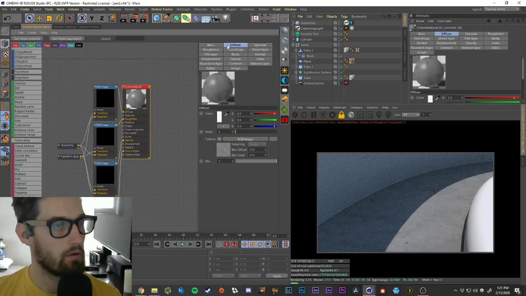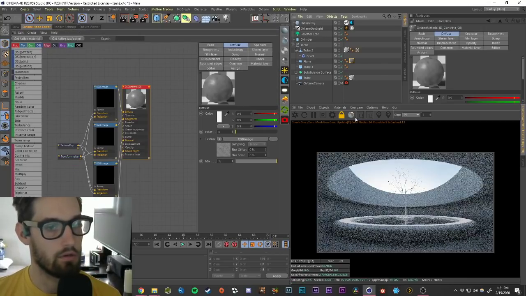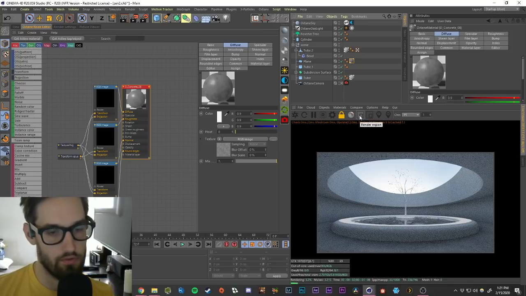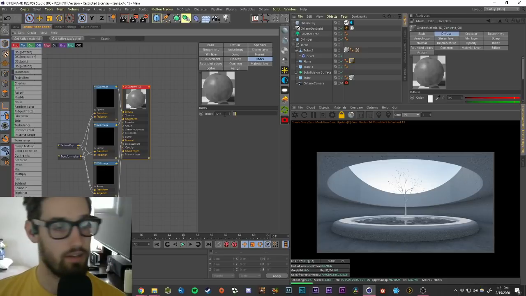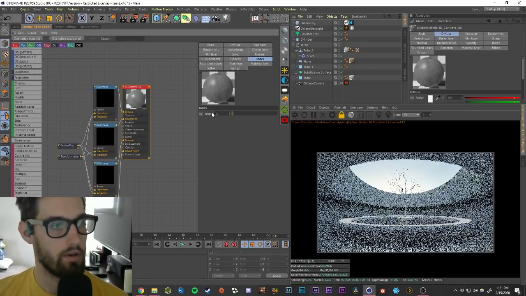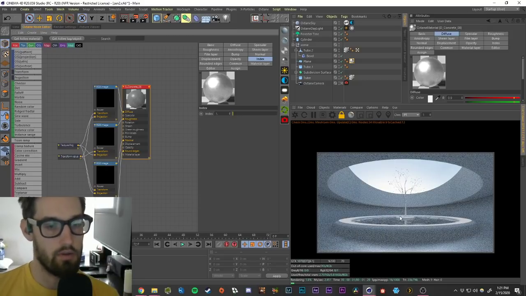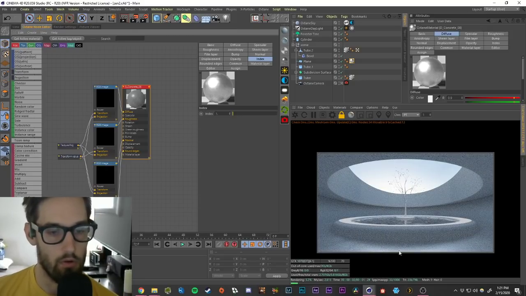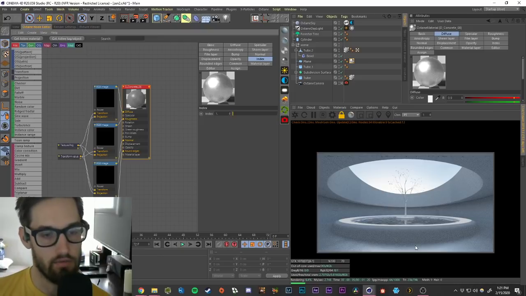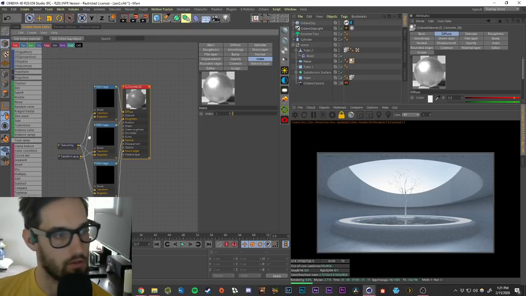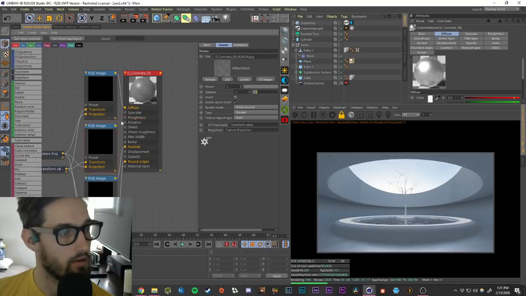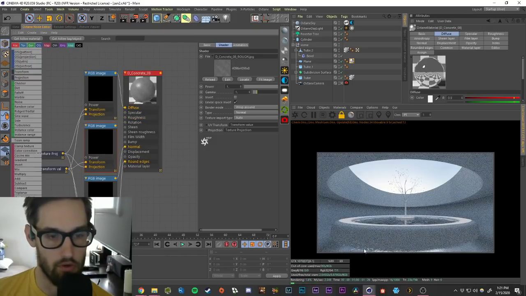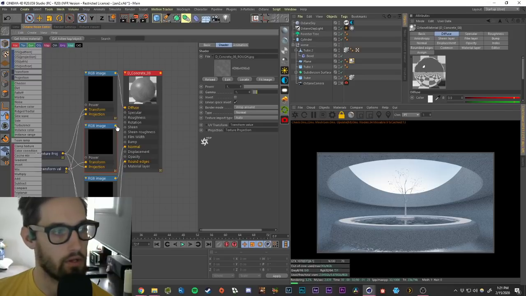So let's hop back into our camera, and we want this floor to be pretty reflective. If we go to index, which controls the reflectivity of your material, and we set it to 1, it's going to be chrome. And you can see how that gives a really cool look, right? There's a roughness image plugged in here. If we unplug that, you're going to see how it's basically just a chrome ground. And we don't want quite that, but